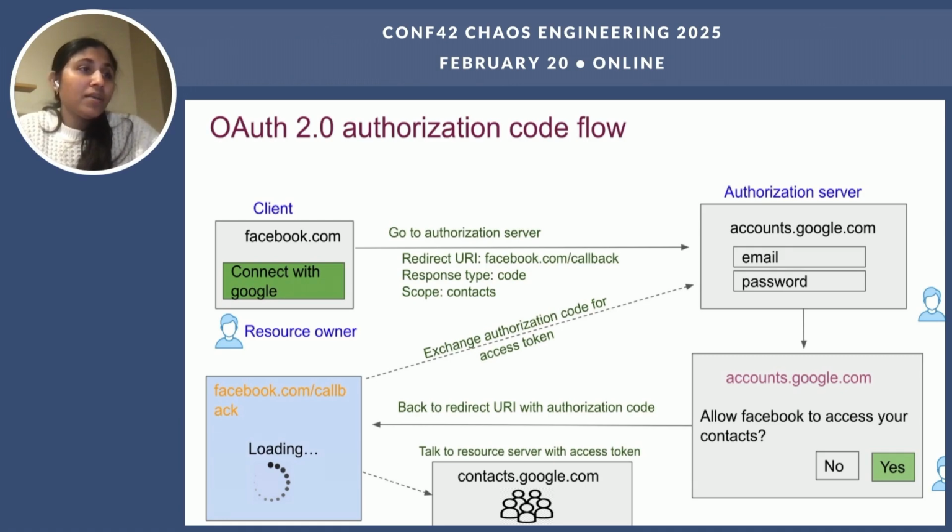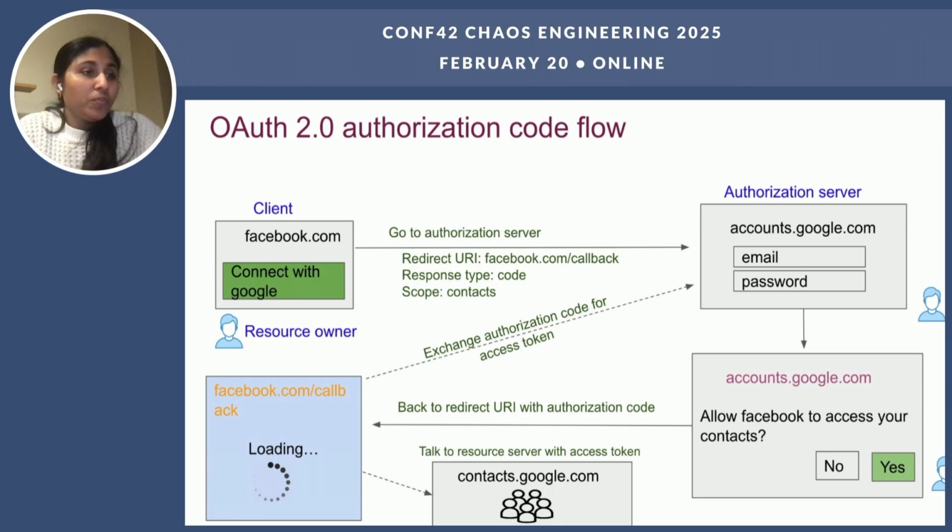And here is how it works. The user tries to log into an app known as the client app. The app then redirects the user to an authorization server such as Google or Facebook to authenticate. The user enters their credentials, and if successful, the authorization server grants the authorization code. The app then exchanges this code for an access token. This access token is used to request protected resources from resource servers such as APIs. And if the token is valid, the resource server grants the access.